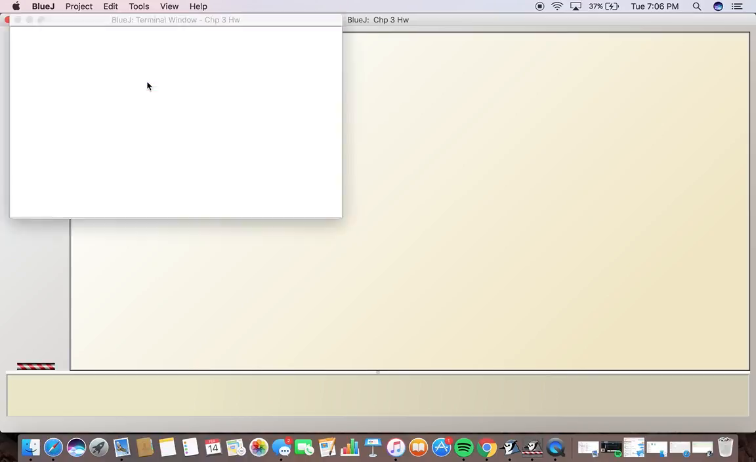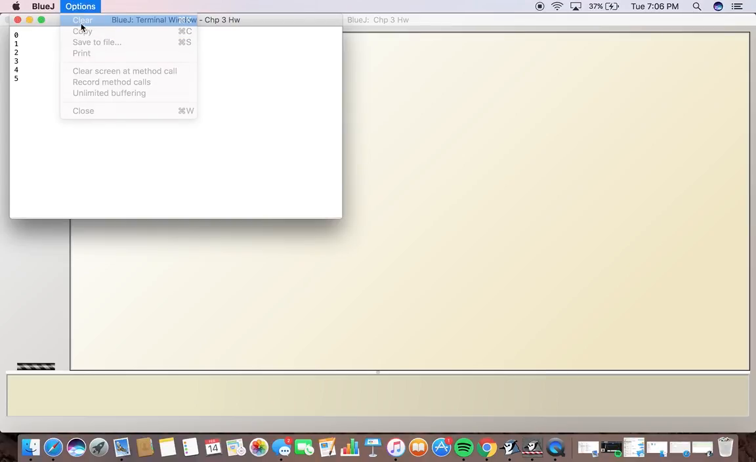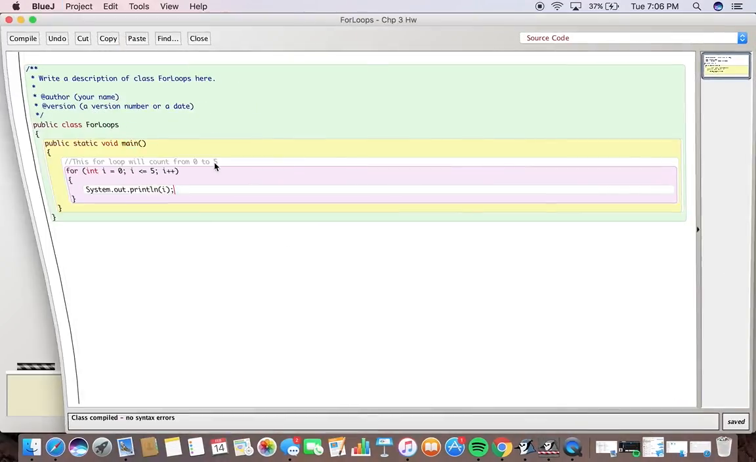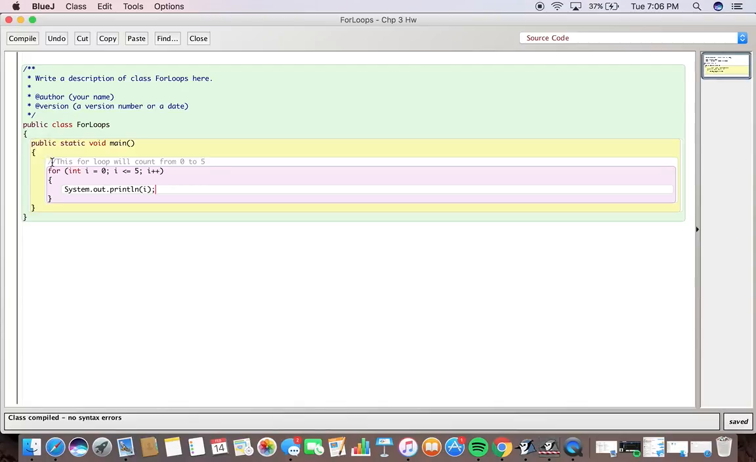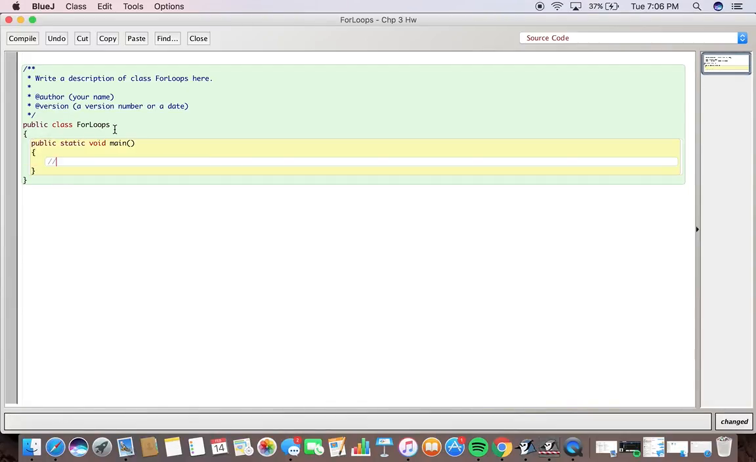So let's run this method, and it works. It prints 0, 1, 2, 3, 4, 5. Okay, so now let's make a new method. This next example will